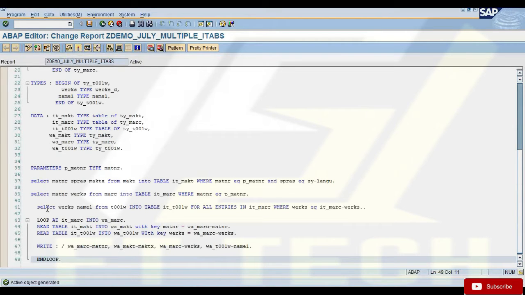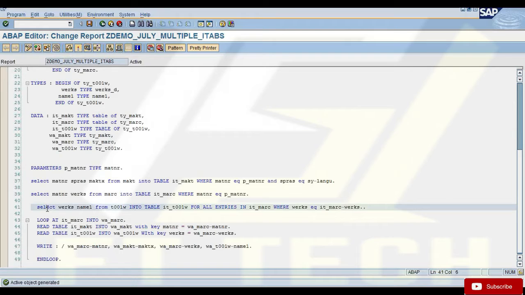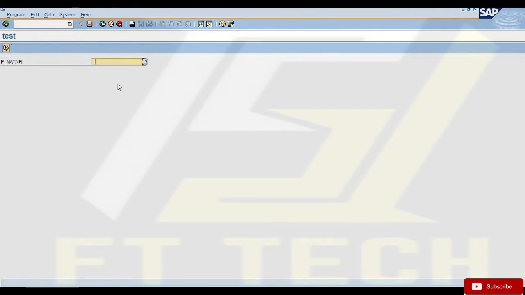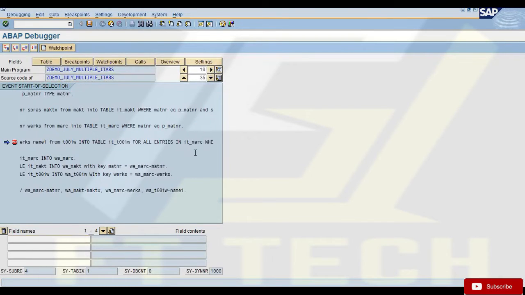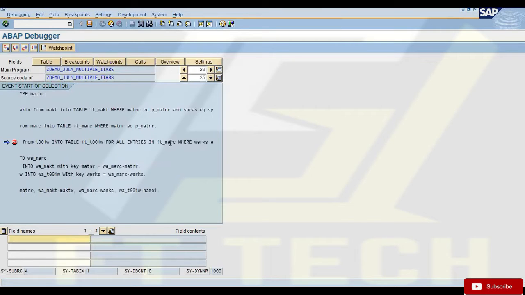So yesterday I was asking you to remind me of a few things you need to keep in mind while using FOR ALL ENTRIES. So I'll quickly tell you that. I'm writing this select statement: select so and so from this table T001W into my internal table FOR ALL ENTRIES IN IT_MARC.